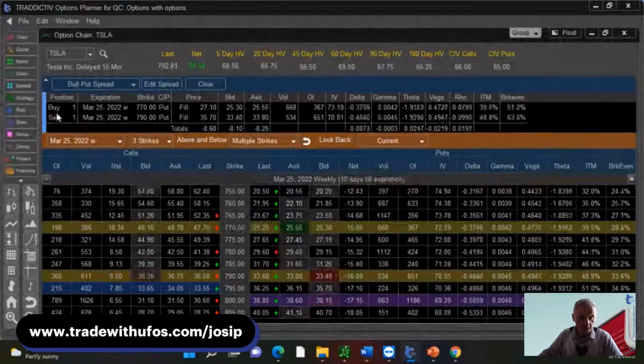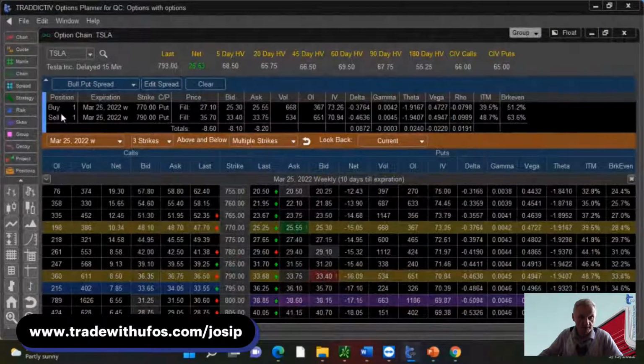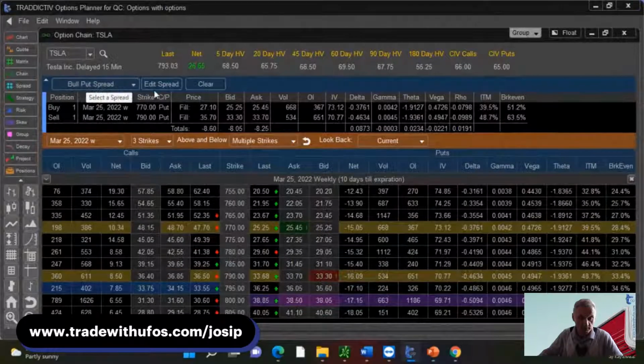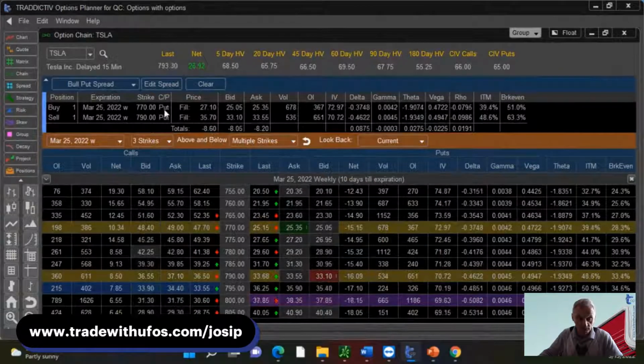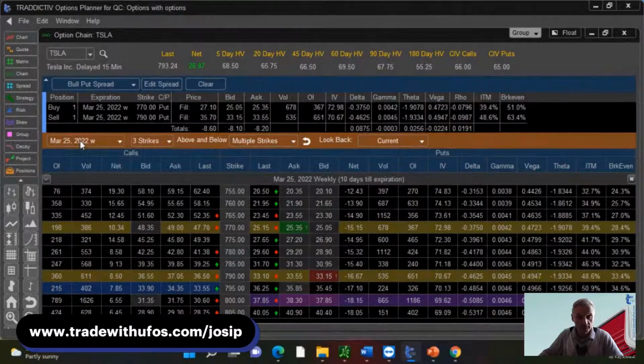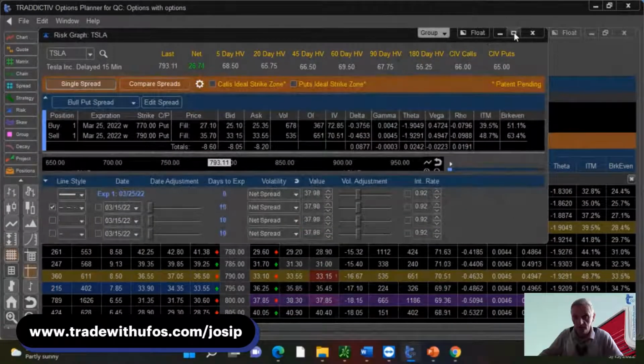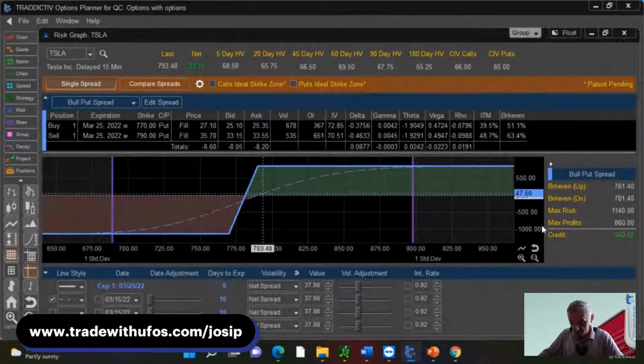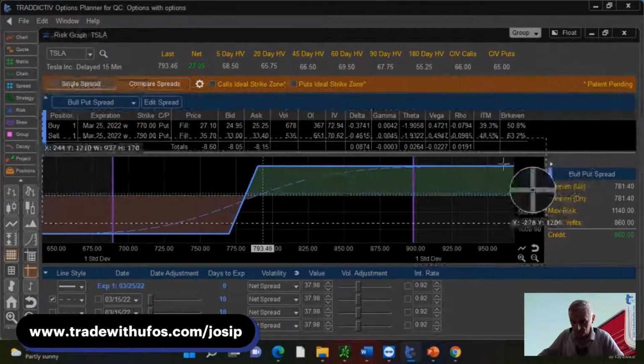You simply put the mouse right there where it says the buy and sell of that particular bull spread that you have already edited, put the correct strike prices, put the correct expiration, fill in with what the market did give you, and you go to risk graph. When it loads up, this is where your eyes should go instantly, right there. In fact, we even have a little triangle here, so you can see it and collapse it.